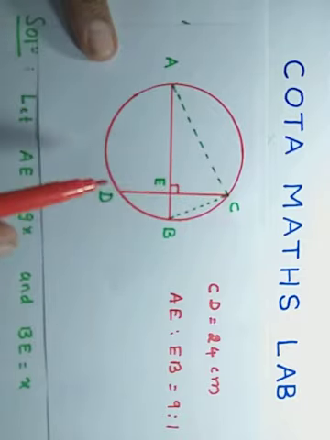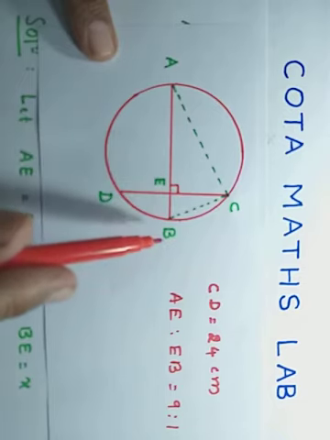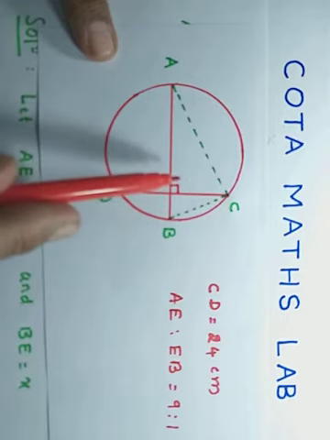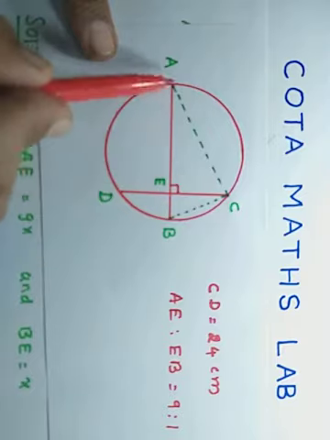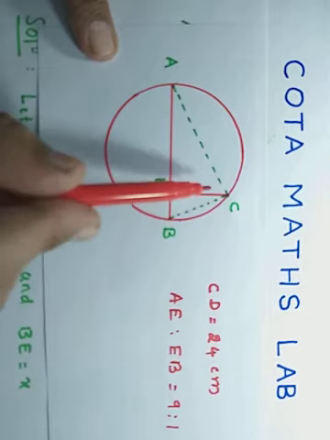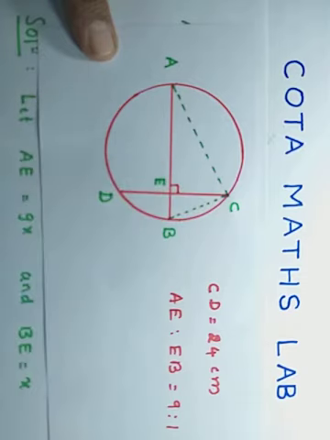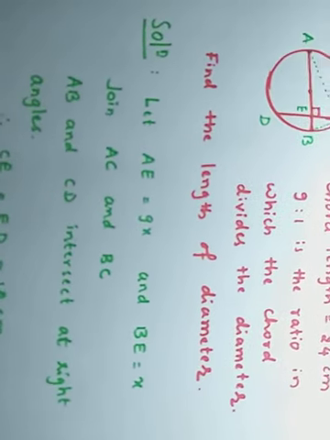AEC is a right angle triangle. Similarly, BEC is a right angle triangle. We will apply Pythagoras theorem to both of these two triangles separately and then compare. We possibly require addition of these two sides because ACB is an angle in a semicircle, which is equal to 90 degree. Therefore, this angle becomes 90 degree. That will be explained at the further stage. First, let us begin with this.